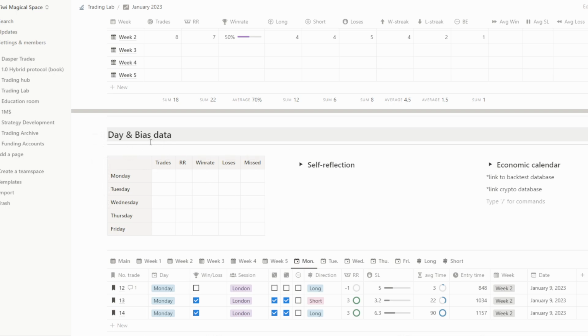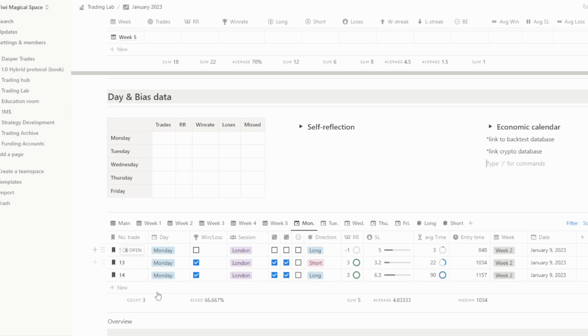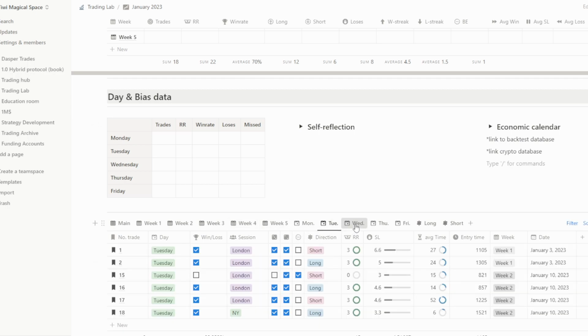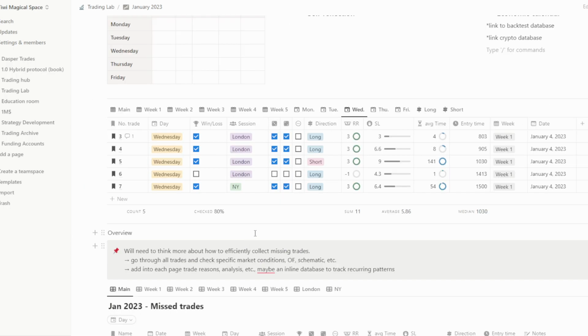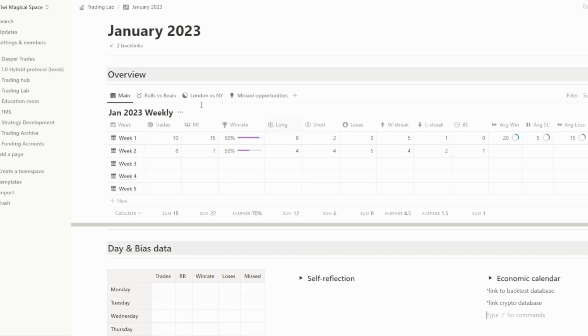And in here, the day and bias data is by the end of the month. I like to know overall, as you see, Monday, Tuesday, Wednesday, stuff like that. I want to see how many trades I took, the win rate, how many losses, and how many trades I missed. This is mostly when it comes to the missing trades, or the backtesting, basically where there were some missed opportunities. So I also want to see, when it comes to the days, which was my strongest one. And lastly, we have this